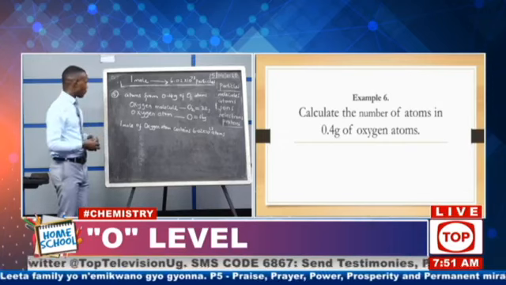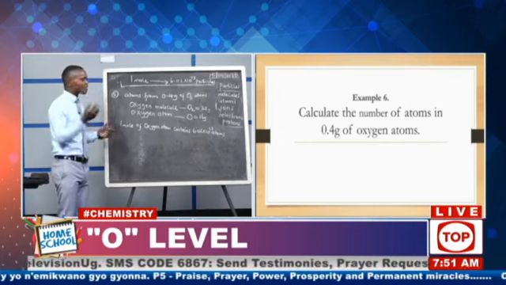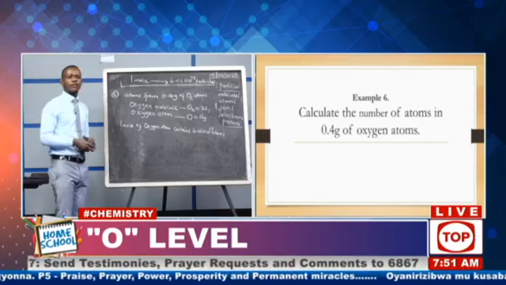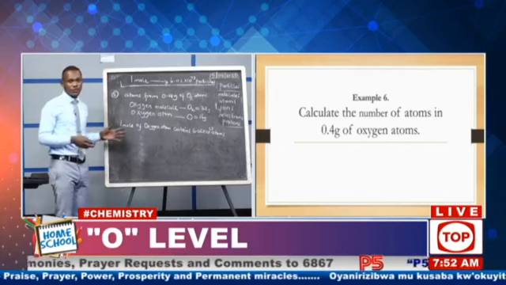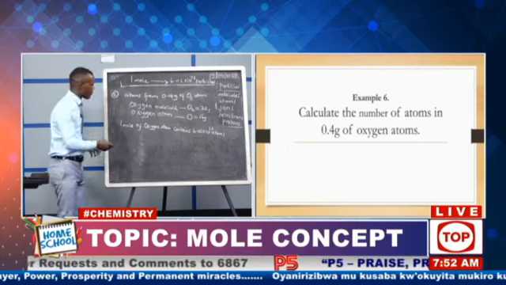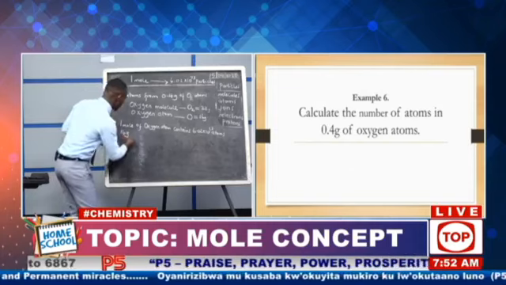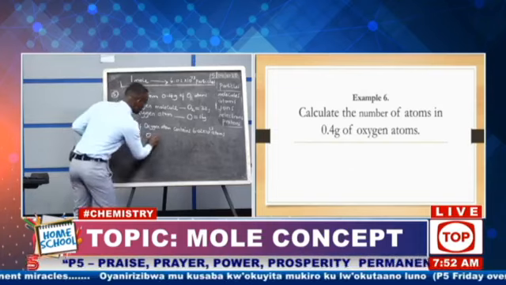Or if you have just 1 sack of posho and someone asks how many kilograms of posho you have, you should be able to say I have 100 kilograms of posho. So here it is 16, you have 16 grams of oxygen atom